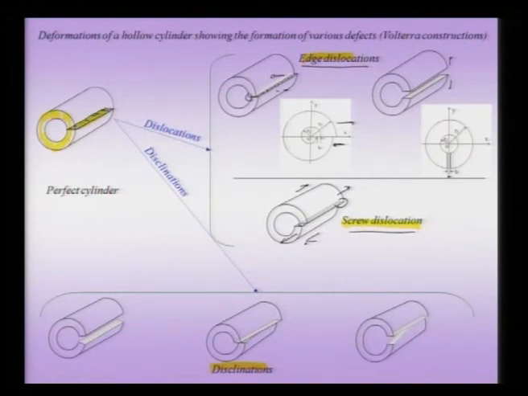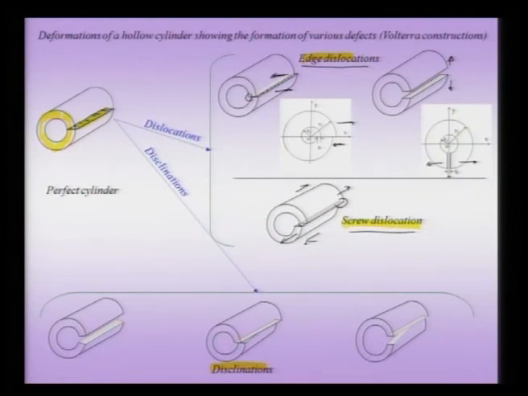Afterwards, I deform the cylinder, either by pushing in the top and pulling the bottom to create a step along the length of the dislocation, so I get a step here, or I can pull apart the two faces like this to create an opening, and it is clearly seen in the two dimensional version of this figure, wherein you are pulling apart these two to create an opening here,